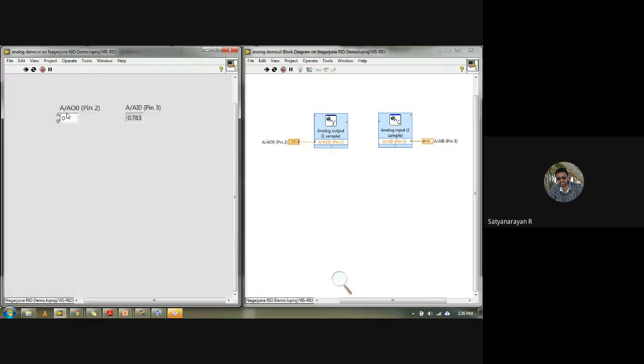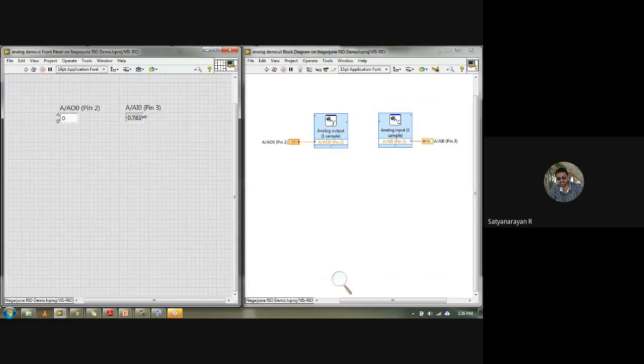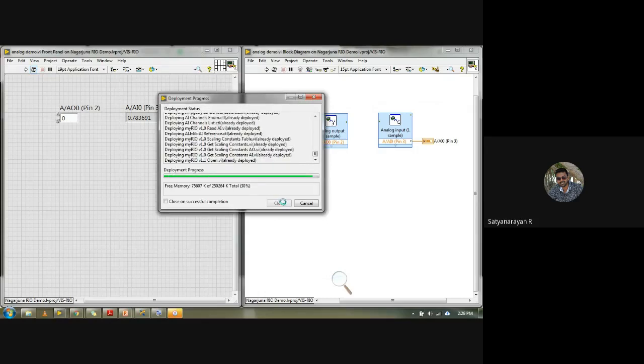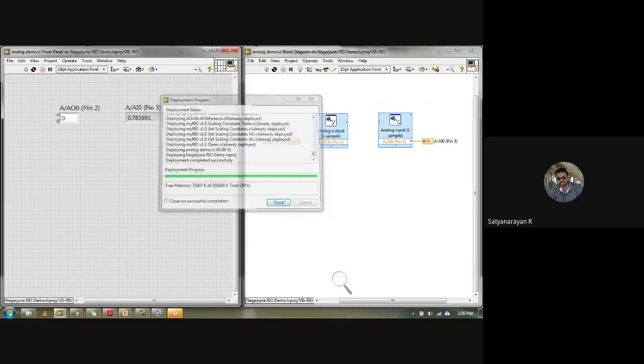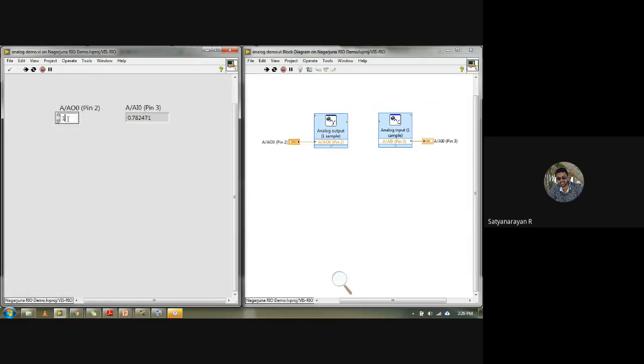Okay, so you can just see you are getting some sort of a value for 0. Okay, so if I make it a 1, oh, sorry, I haven't connected the wire. So I'll just give a connection, pin number 3 to pin number 2.